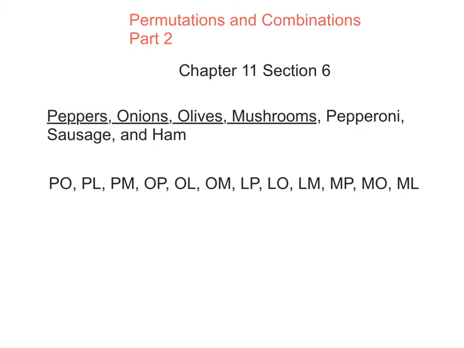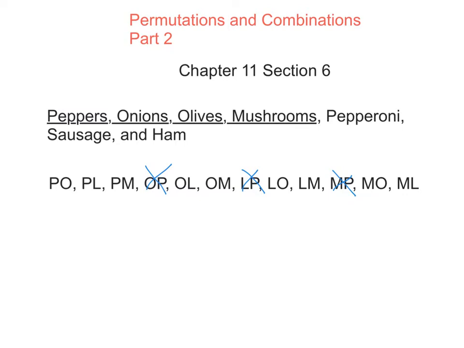So here it is. I have a pepper and onion pizza, so I need to get rid of the one that says onion and pepper pizza. I don't want that one. Here it is, I have a pepper and olive pizza. Get rid of the one that's olive and pepper. Here it is, I have a pepper and mushroom pizza. Get rid of the mushroom and pepper pizza, because once again, it's the same.